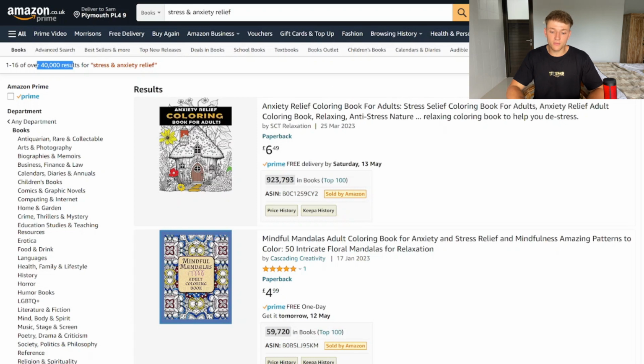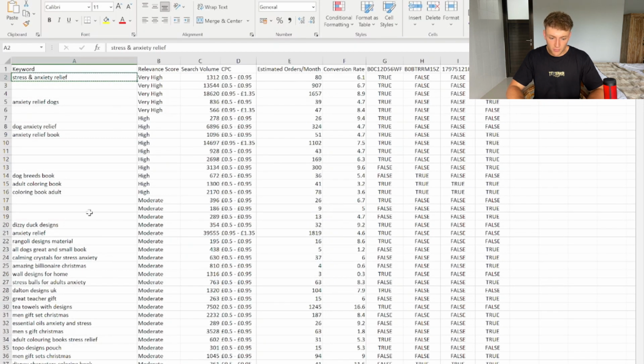Generally, if a long tail keyword has less than 10,000 results, it's good. If it has less than 4,000, I would consider it to be a great keyword. So go through all of these keywords. It might take a little bit of time, but again, that's what you get when you're not necessarily paying